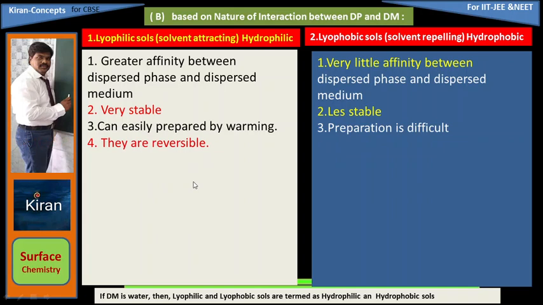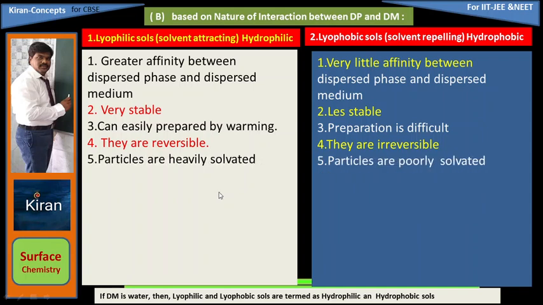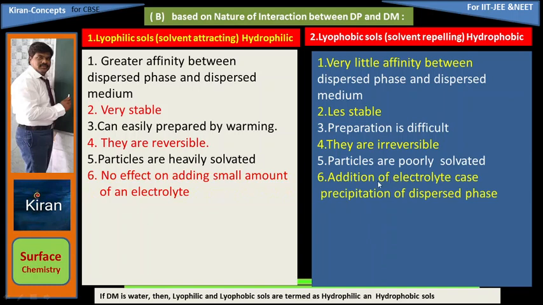Lyophilic colloidal solutions are reversible. These are irreversible. Particles are heavily solvated, but here the particles are poorly solvated. No effect on adding a small amount of an electrolyte. When you add a little amount of electrolyte, any salt, ionized component, into the colloidal solution, it will not affect. But on addition of electrolyte, in this case precipitation of the dispersed phase occurs. So dispersed phase precipitation is